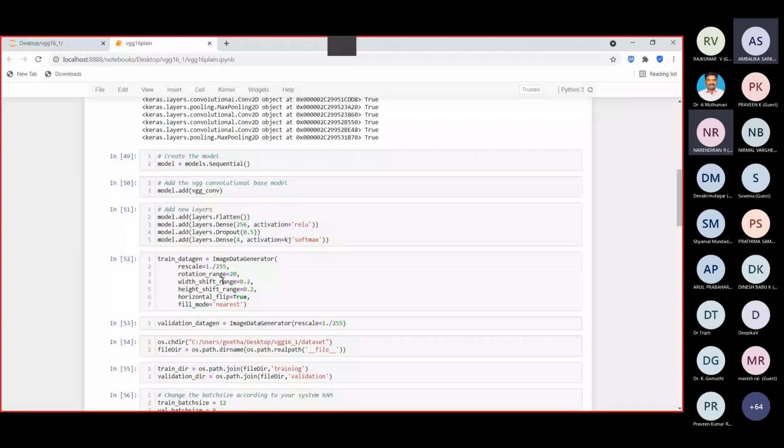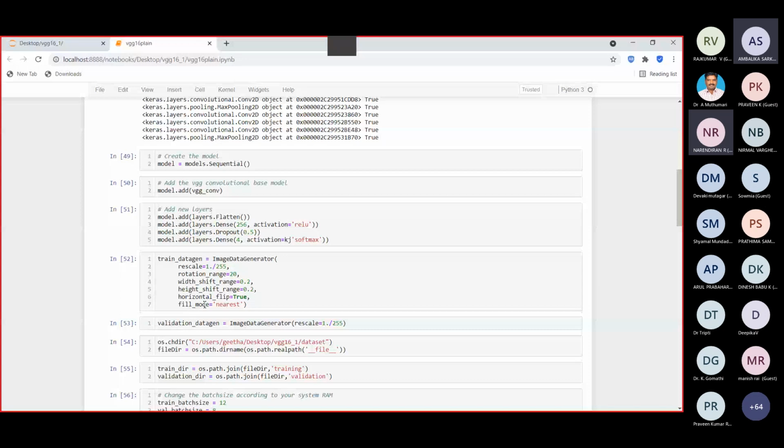The horizontal flip means you are getting the mirror image, so horizontal flip is equal to true, and then fill mode is equal to nearest. Fill mode equal to nearest means the points outside the boundary are filled with the nearest values here.